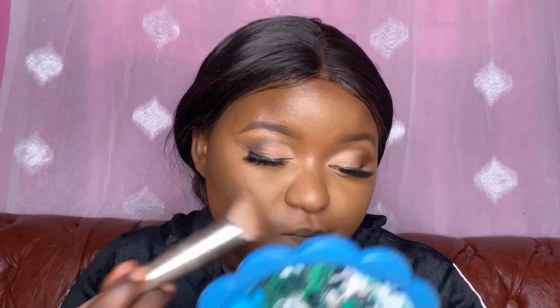So I'm just lifting my face right now, and I find it easier using a brush. This is a foundation brush, and you can also use it to contour compared to if I use the beauty blender. So I find it easier because I have more control of where I want to place these and how I want to do it. Yes, so I normally use either this brush or this other one. But still blend everything together,